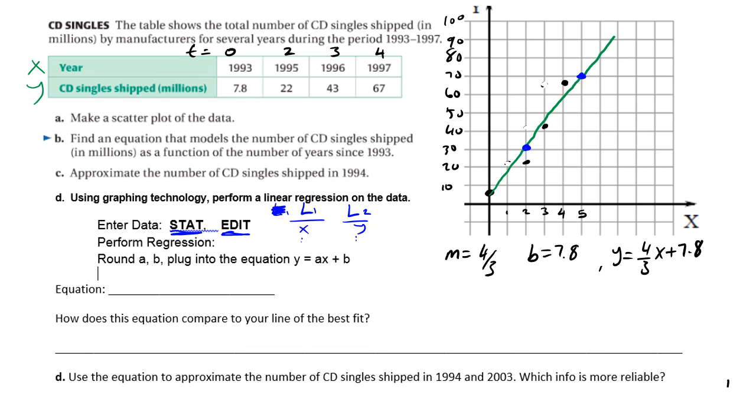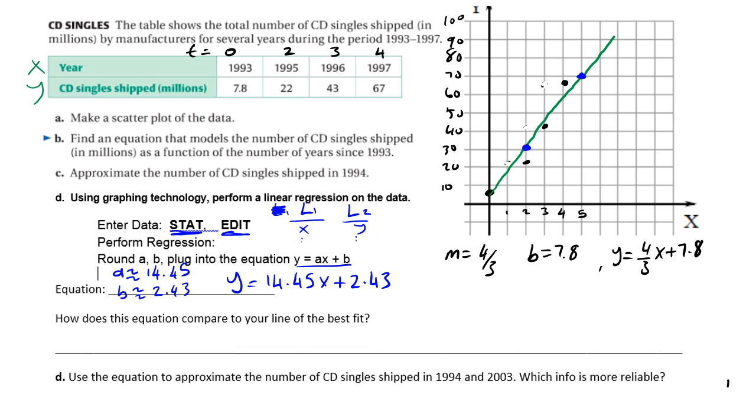The linear regression equation gives us an A value and B value, and A is approximately 14.45 and B is approximately 2.43. This gives us the equation in y is equal to mx plus b form, ax plus b form. Y is equal to 14.45x plus 2.43. Now it looks like it's way off from our equation,